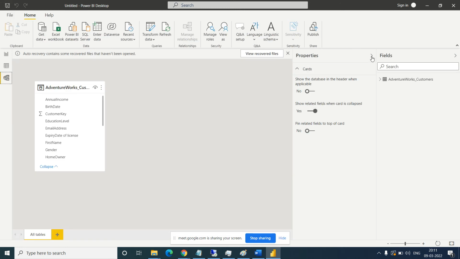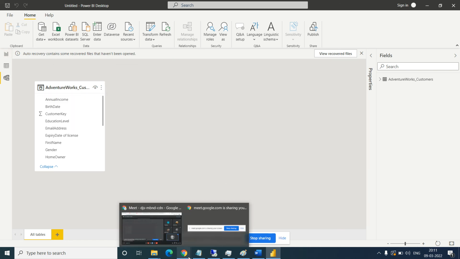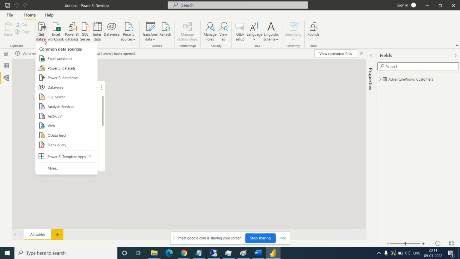In data modeling, whenever you connect to any table, all tables will be visible here. Here we will create the data modeling relationship. This is for the one table. If you want to make a relationship between two tables, we should take two tables, right? So let me remove this. Let me connect with our employee and department tables. So how do we connect the employee and department tables? We should already have some recent source.